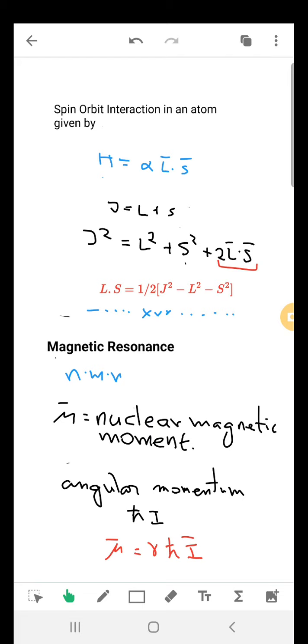Now let's come to the Hamiltonian, as I told you. So when there is a spin-orbit interaction, the Hamiltonian is given as H is equal to alpha L dot S, and this is the total angular momentum, J is equal to L plus S. So we take the square, and so this interaction term can be obtained as 1 by 2 into J square minus L square minus S square. Okay, now